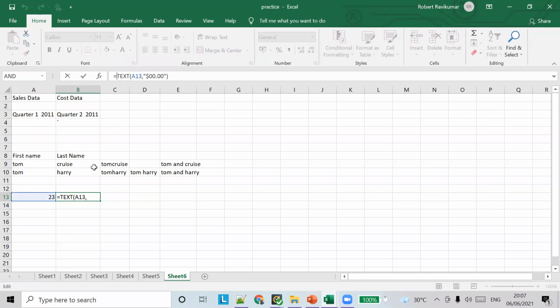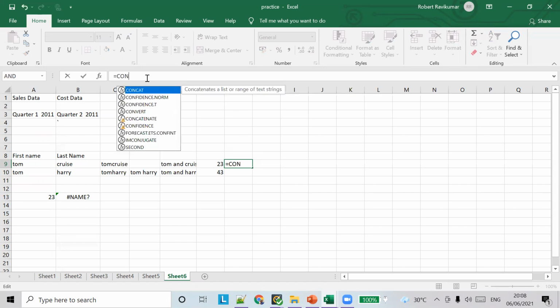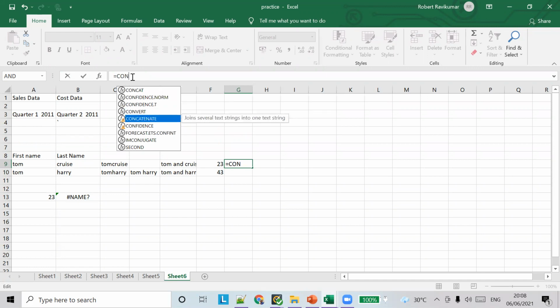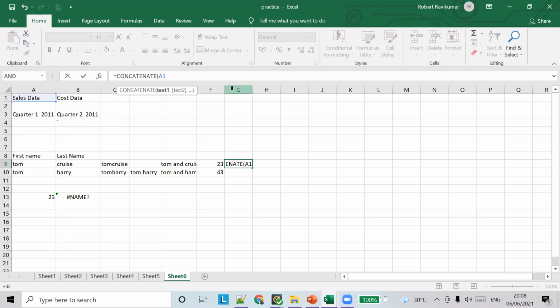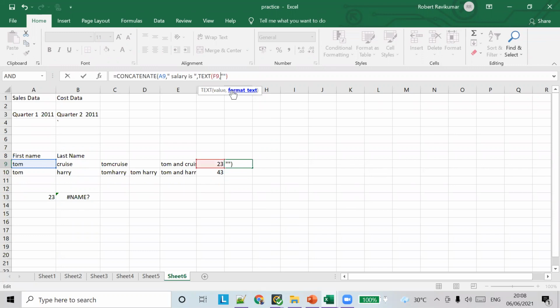Let's put this thing here. So 23. Let's say concatenate A9, salary is, then TEXT of F9, formula, dollar 00.00.